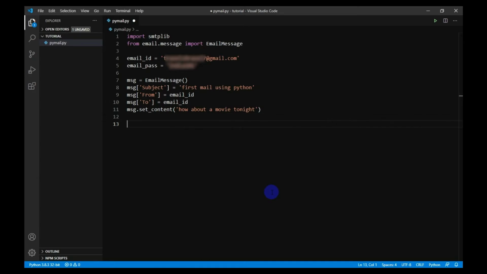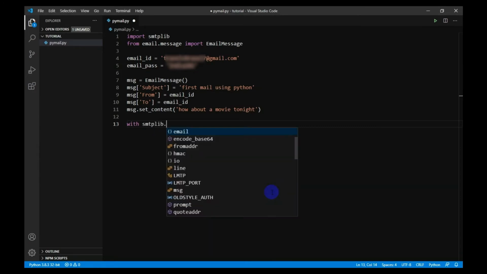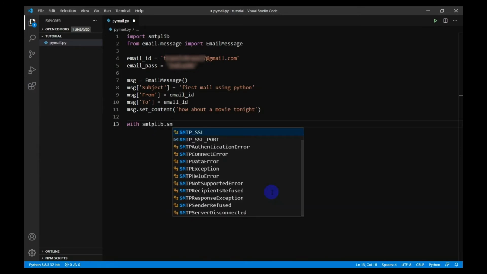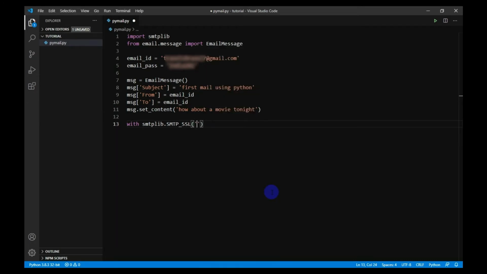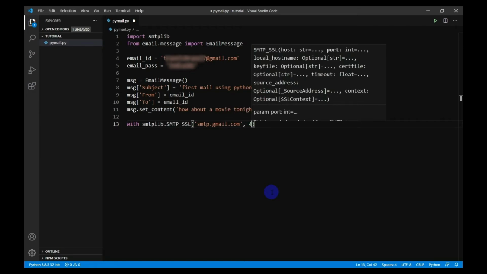After that, we will connect to the Gmail servers using this command. Then I will enter the port number.